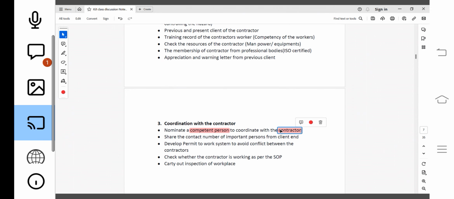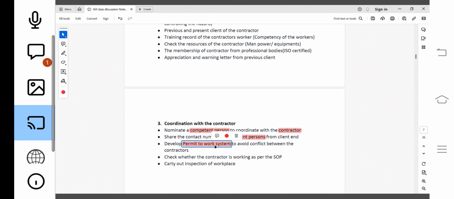So there will be one contractor management company coordinating with the contractors, ensuring that they are working safely, following the contract agreement and health and safety agreement. Then share the contact number of the important person from the client end with the contractor. Then develop a permit to work system.